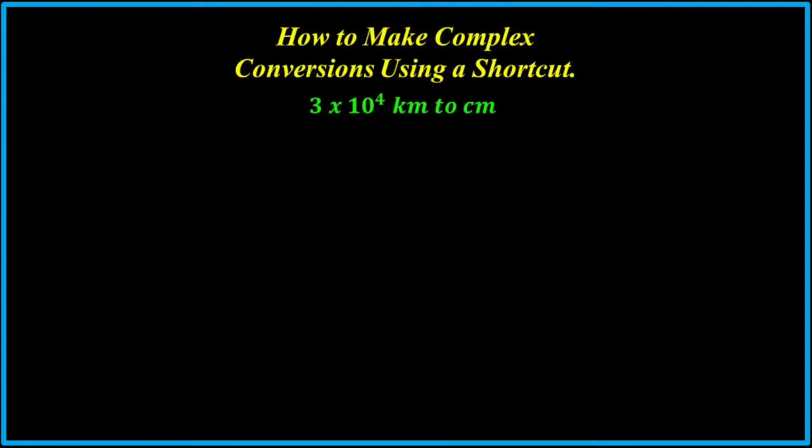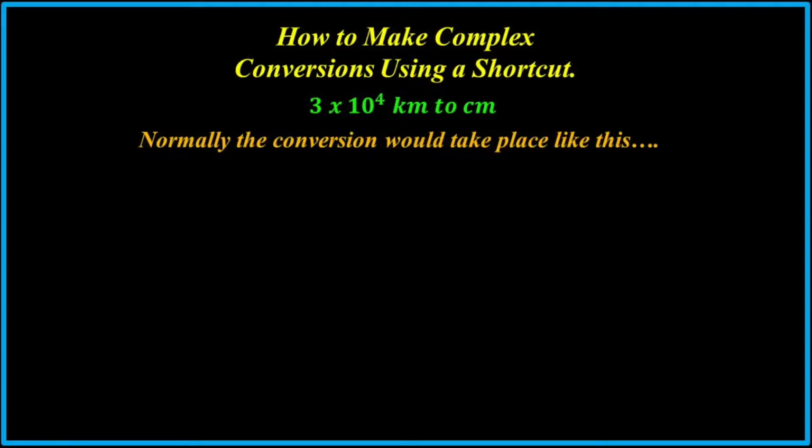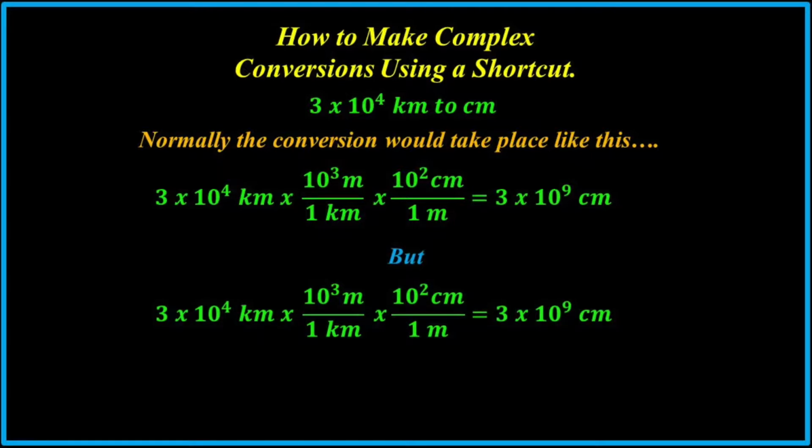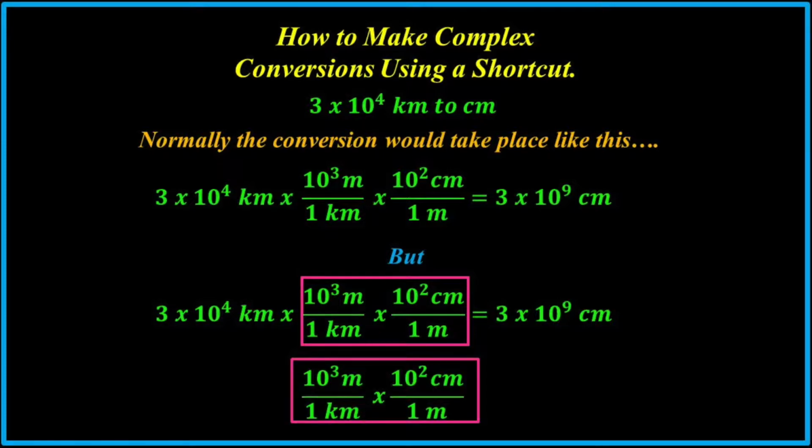Now let's make some conversions. And I want to show you a trick to shorten your method. So if I change this value from kilometers to centimeters, I first will change kilometers to meters and then meters to centimeters. So 3 times 10 to the 4th kilometers will become 3 times 10 to the 9th centimeters. And the kilometers cancel and the meters cancel. However, what I want you to look at is that middle portion, 10 to the 3rd meters over 1 kilometer and 10 to the negative 2 centimeters over 1 meter. Look at that value and you'll see that that is going to be 10 to the 5th